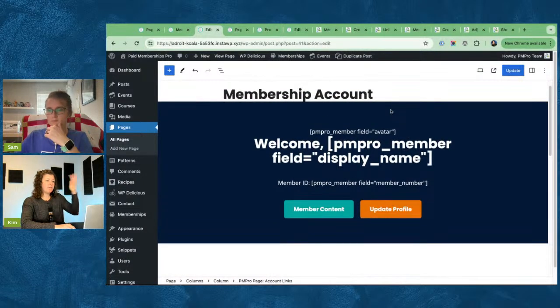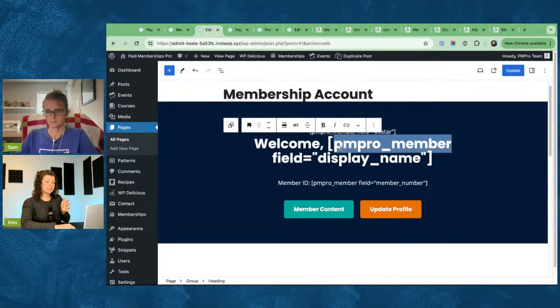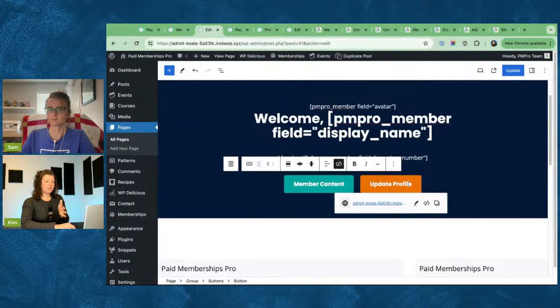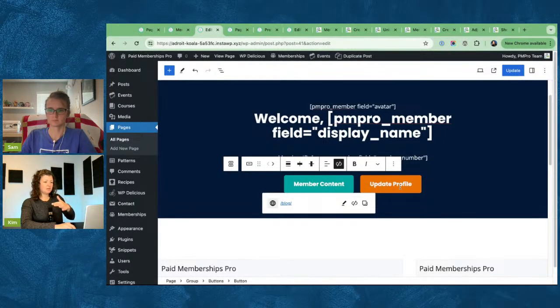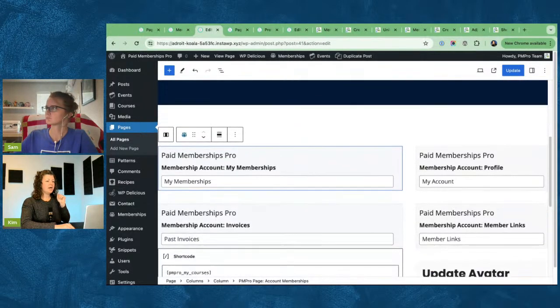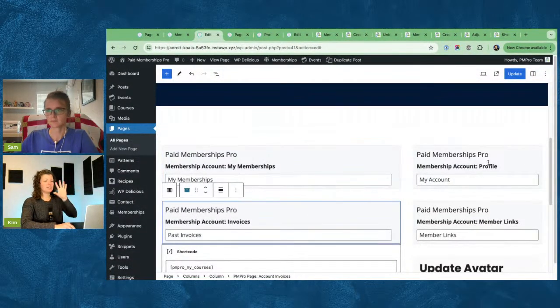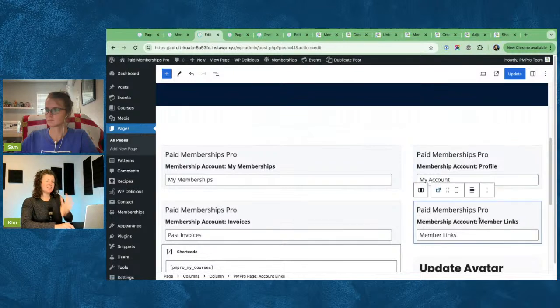This one has kind of a masthead where I'm making a lot of use of this PM Pro member shortcode to make it really personalized for the user that's logged in and visiting this page. I added some quick links to features of membership, these member content articles, and then a profile edit screen. And then instead of using the shortcode version of the account page, I've broken it down into the components of the membership account that are the membership section, the invoices section, profile section, and then this member links one, which